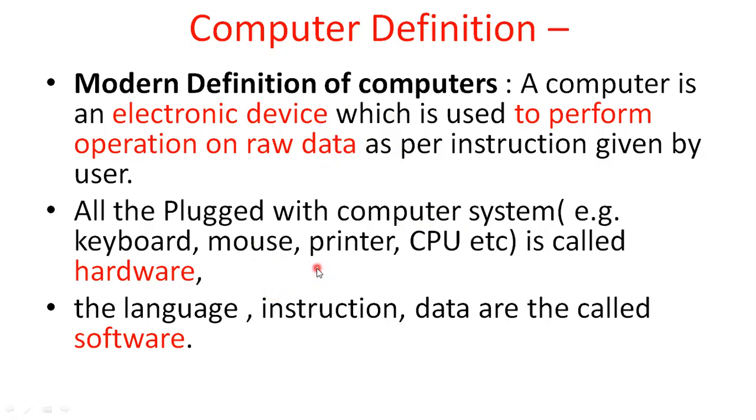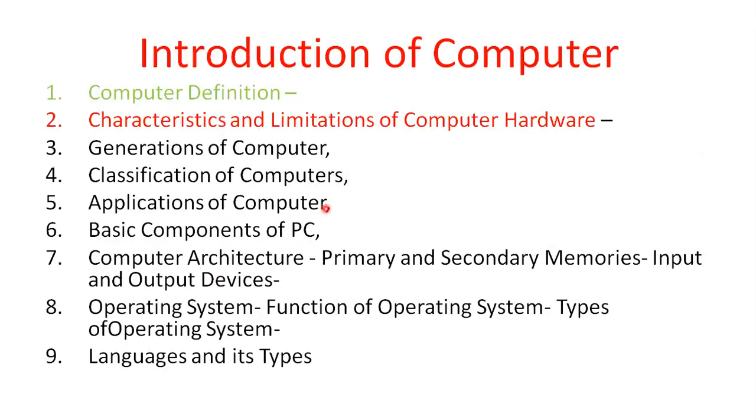In this computer, you have hardware components and software components. The hardware components are the mouse, keyboard, printer, and CPU. Coming to the software components, software means a set of instructions. You write the software by using any programming language, such as Java, Python, C, or any other programming language. You write some instructions. This is the modern definition of a computer.